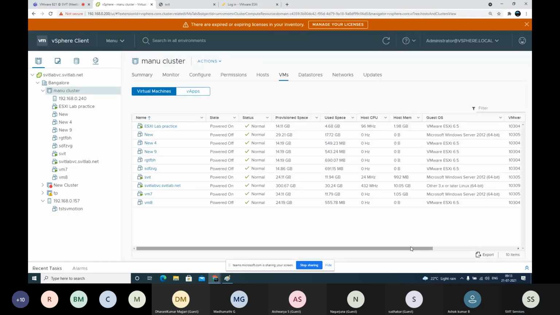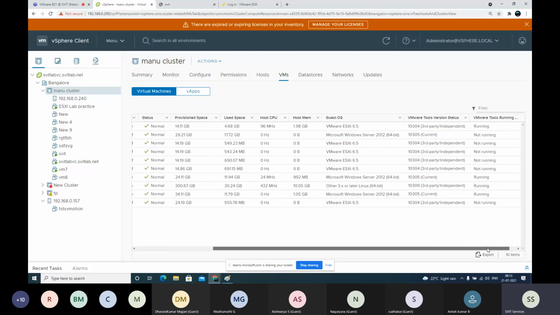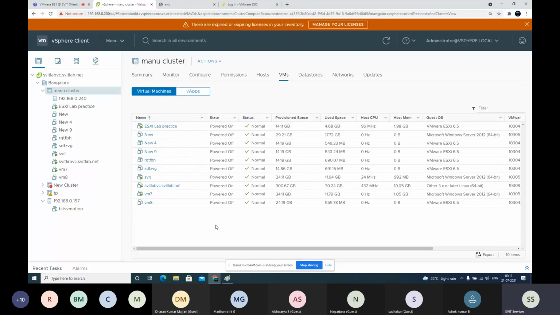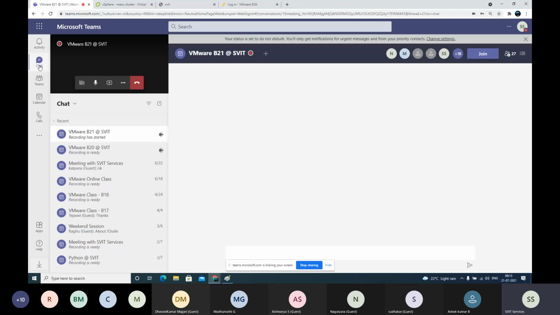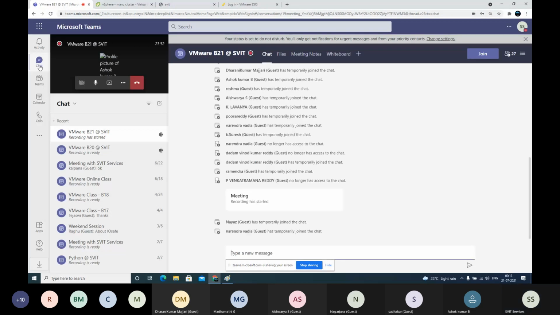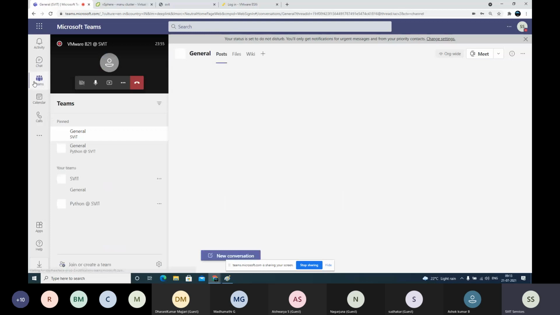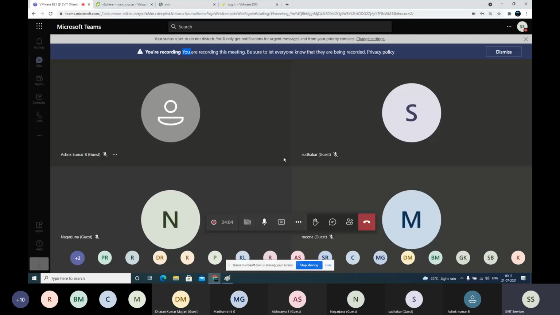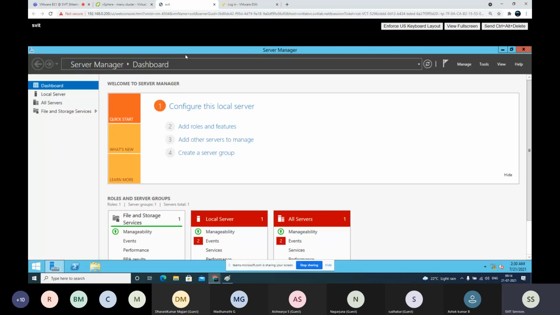Not installed. All VMs are installed with these drivers. Okay, so we don't have a virtual machine without drivers.